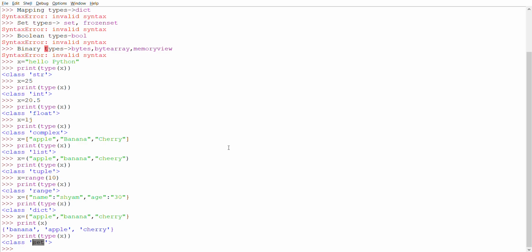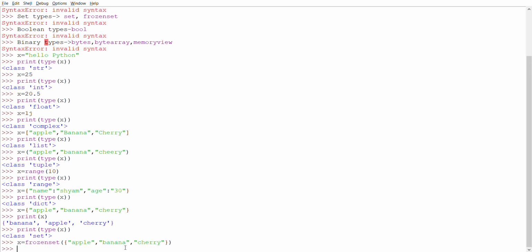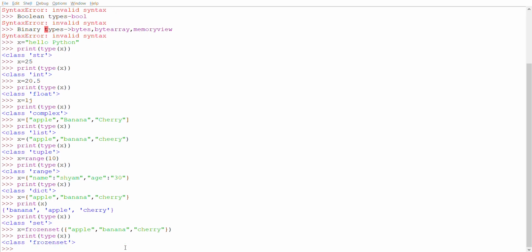Now we'll go with frozen set. Frozen set, same thing, open parenthesis, open curly braces, with double quotes apple, banana, cherry, close, enter, print type of x. Okay, this is frozen set.